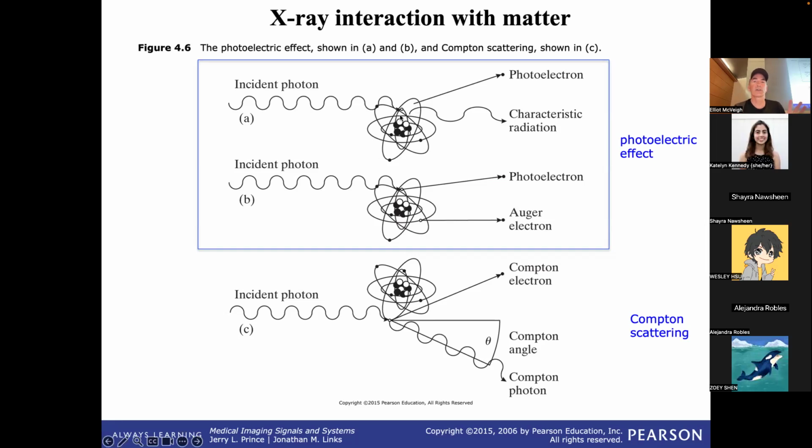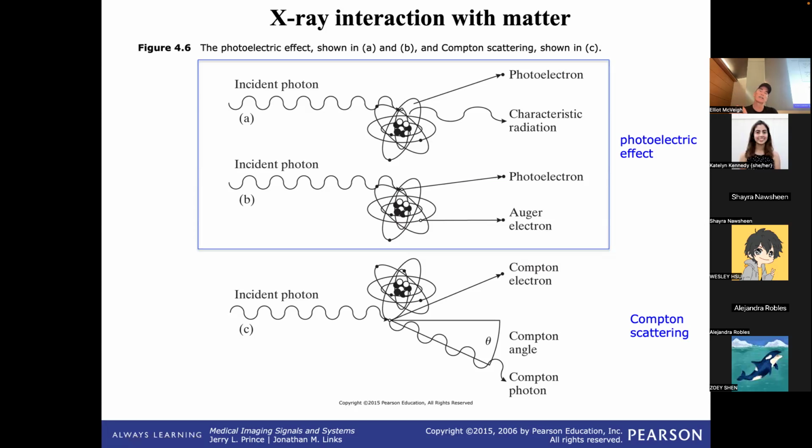When the incident X-ray knocks a photoelectron out and the drop happens, the energy that comes out of that system can also be an electron. It'll just eject an electron, and that's called an Auger electron instead of a photon. An electron comes out of the atom. This electron comes out with fairly low energy, so it gets absorbed immediately, within picometers. So those are 2 methods for what is called the photoelectric effect,